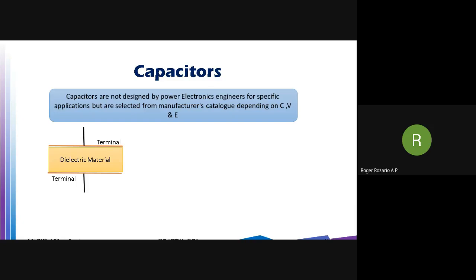Because of the charges present at the upper terminal and the lower terminal, there will be an electric field set up between the two terminals. So this is just the construction of the capacitor. There are two terminals. You are going to pass the current through the terminals. Because of the current flowing, charge gets accumulated at the top terminal and at the bottom terminal, and because of these two charges, an electric field is set up.